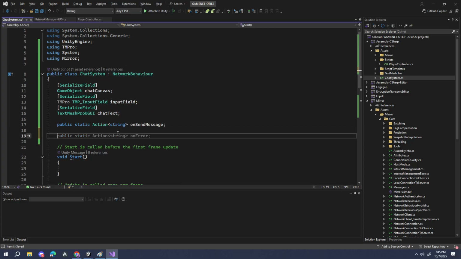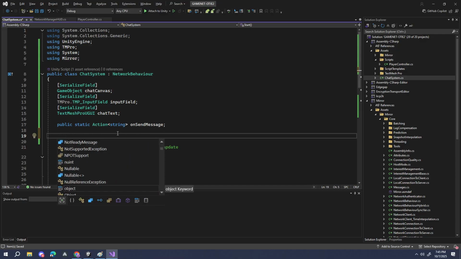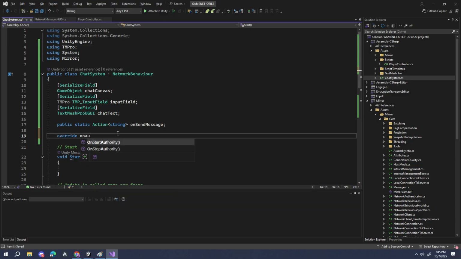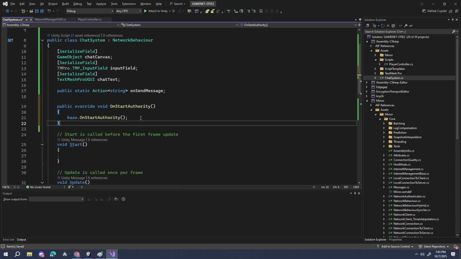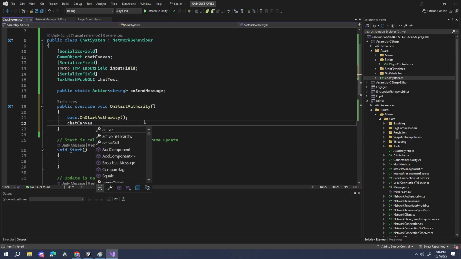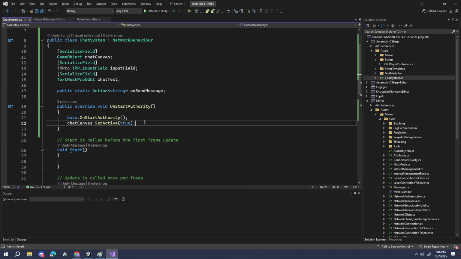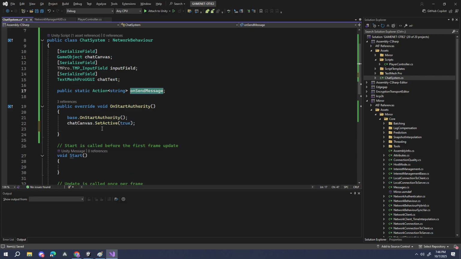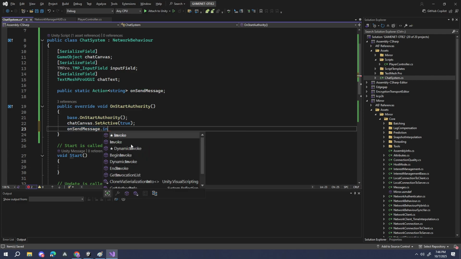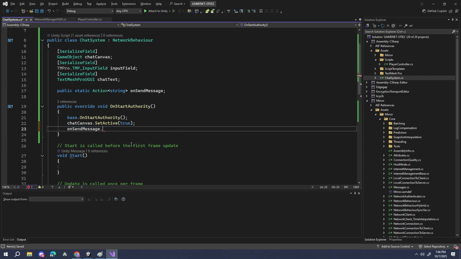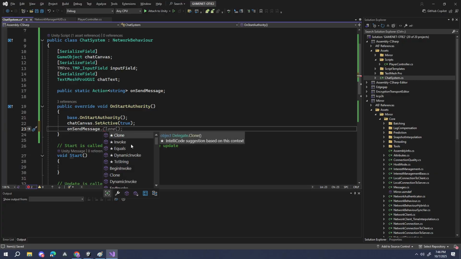I need to have the OnStartAuthority override. If the player owns this, I will enable the chat canvas. And then the OnSendMessage, I will not invoke, but